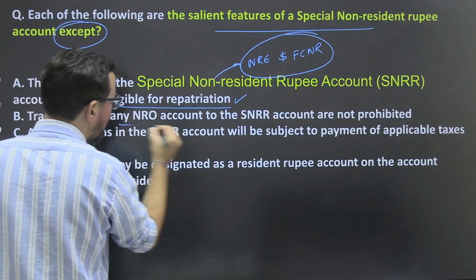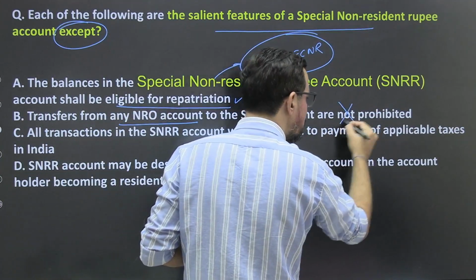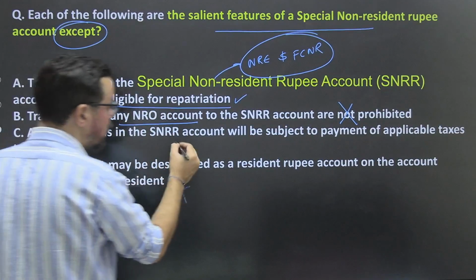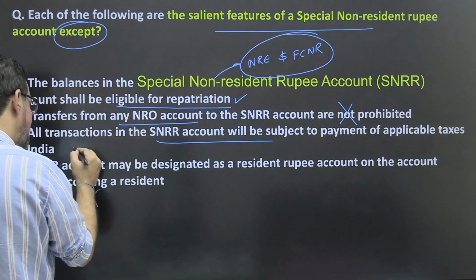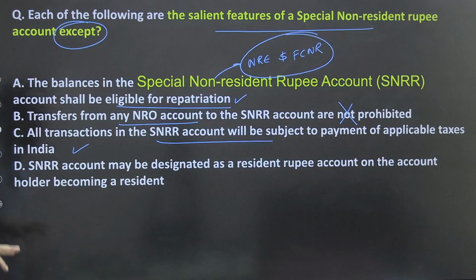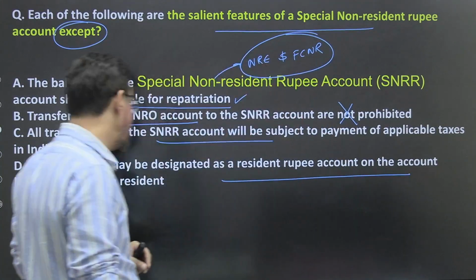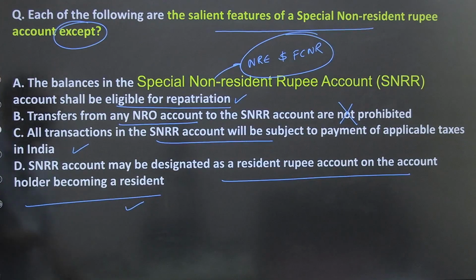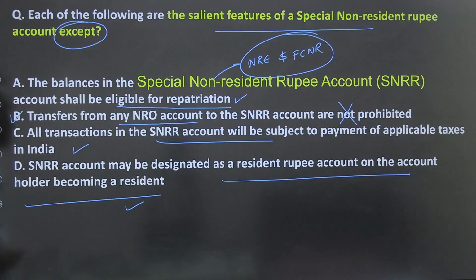Transfer from NRO accounts to SNRR accounts is prohibited. So this is a wrong statement here. All transactions in SNRR accounts will be subject to payment of applicable taxes in India because they are doing business in India. Yeah. SNRR accounts may be designated as resident rupee accounts on the account holder becoming a resident also, right? So we have to find out the incorrect statement, and the only incorrect statement in this particular situation is